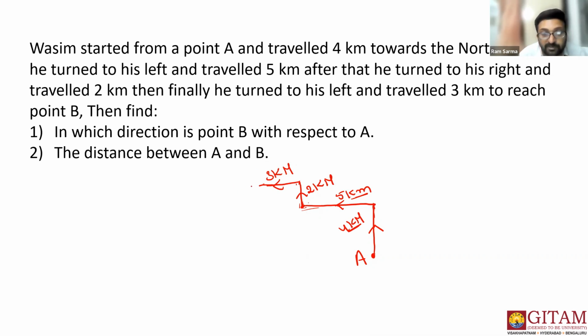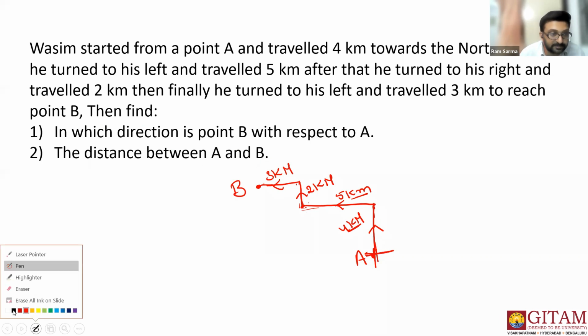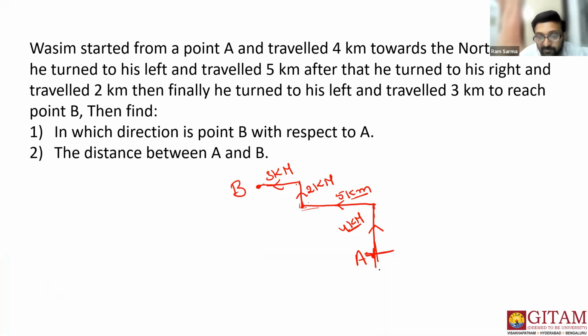To reach point B. So this is the final position of the person, B. In which direction is point B with respect to point A? With respect to point A, you need to find the direction from this point. So I want you to draw two lines this way. To make your work easy, let me pick some other color now. I want you to draw two lines this way. So this is the origin, that's A. And this is the required direction now. So this particular direction is northwest. So the answer will be northwest.